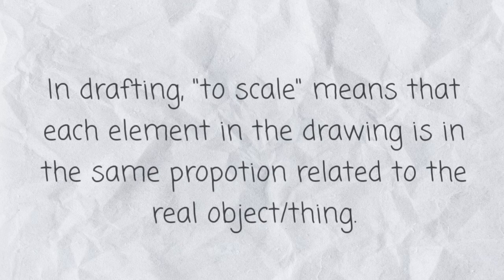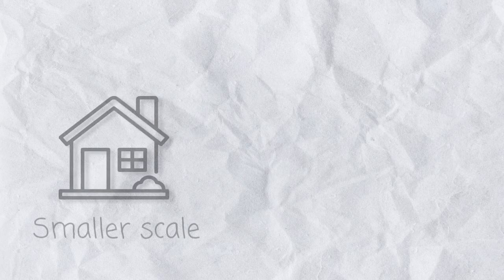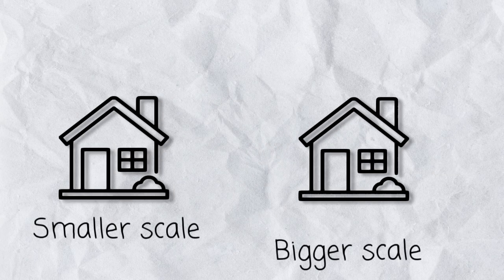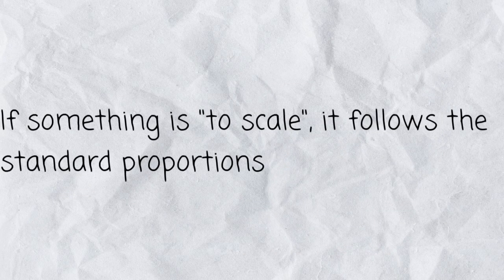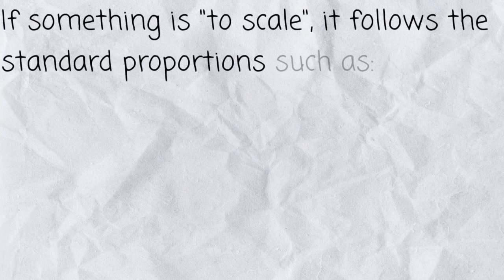When a drawing is described as to scale, it means that each element in that drawing is in the same proportion related to the real or proposed thing. It is smaller or indeed larger by a particular percentage. If something is drawn to scale, we expect that it has been drawn or printed to a common scale that is used as standard in the construction industry, such as 1:1, 1:10, or